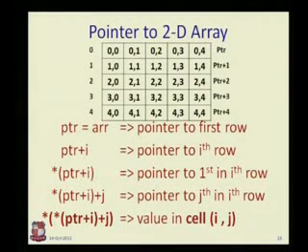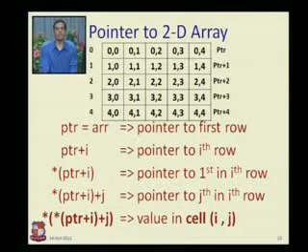Now pointer to 2D array. Up till now we have seen 1D arrays. Now what about the 2D array? 2D means a two-dimensional array, so now I have rows and also columns. Suppose I declare an array ARR and declare an array pointer ptr is equal to ARR. That means it will now be pointing to the first row of this array. The first row of this array contains 0,0, 0,1, 0,2, 0,3 and 0,4. So ptr is pointing to this.